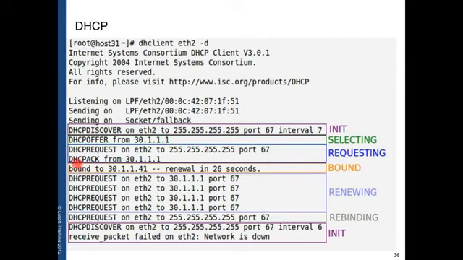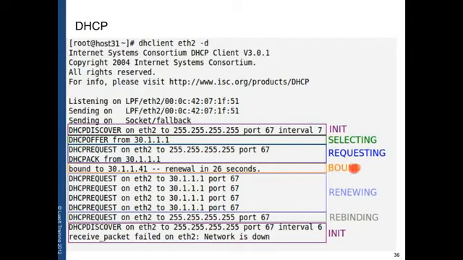And we receive an acknowledgement from the server. We are given 26 seconds to use this IP. Bound means we received the binding for IP 30.1.1.41, and I as client can use it for 26 seconds. In this time I am in bound state.